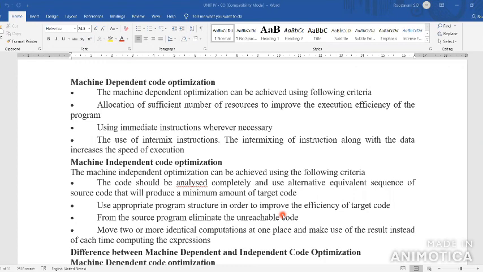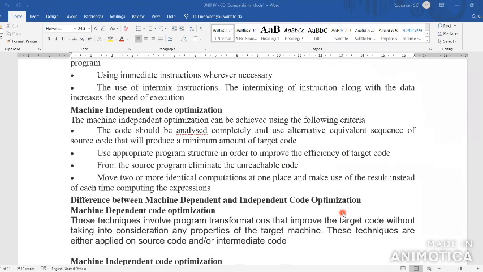Then second, to improve the efficiency of the target code, you use some programming structure.